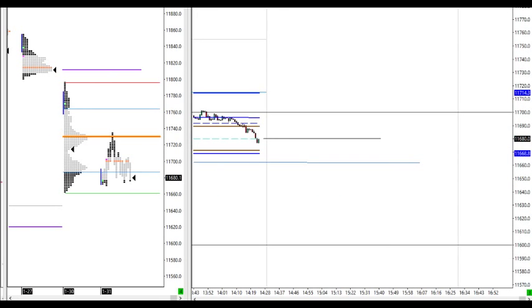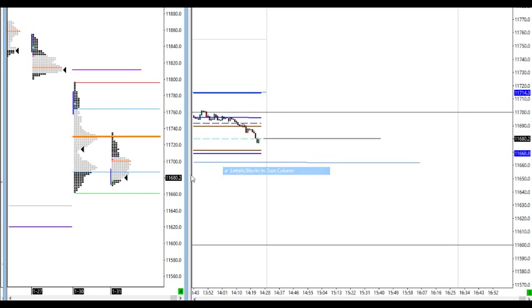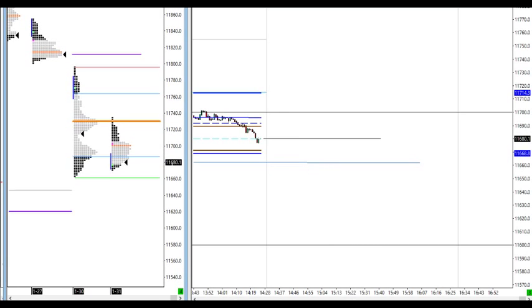Okay, hello again. So we've seen a very small range here, 40 points or so, up to 715, then down to the 670s here. So price held resistance at yesterday's point of control, then just balanced at the low, at the value area low of yesterday's session.